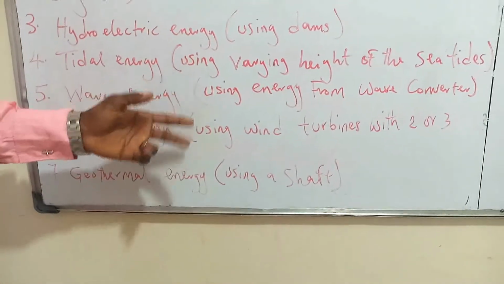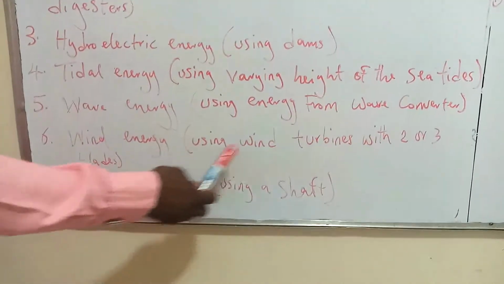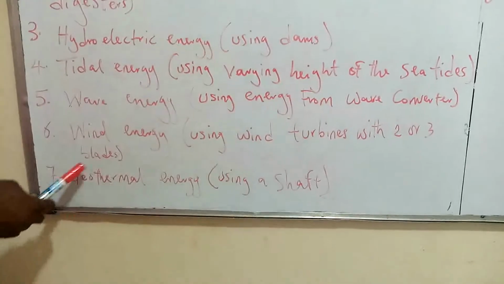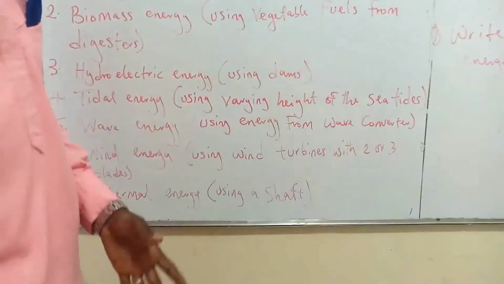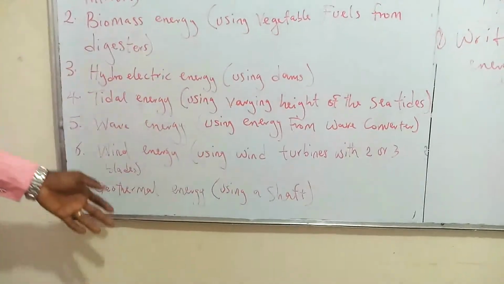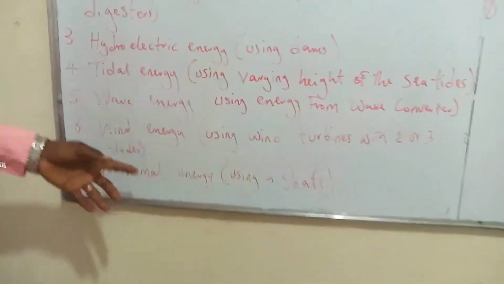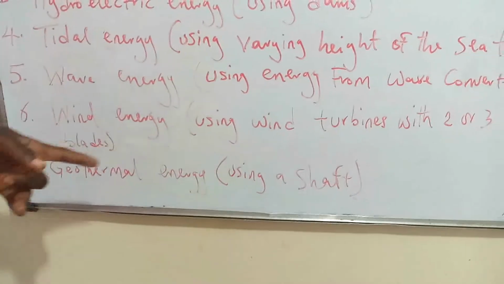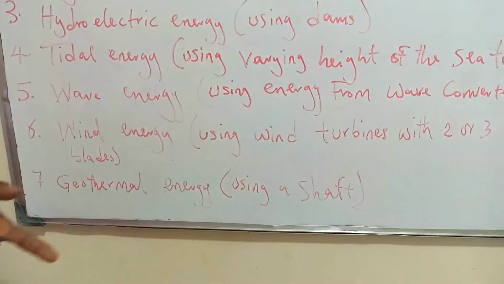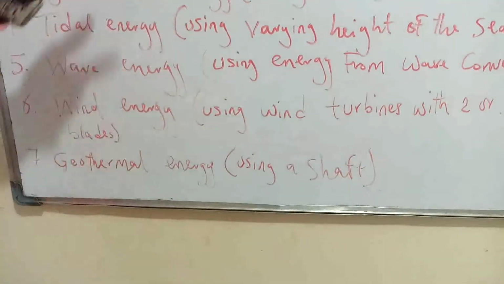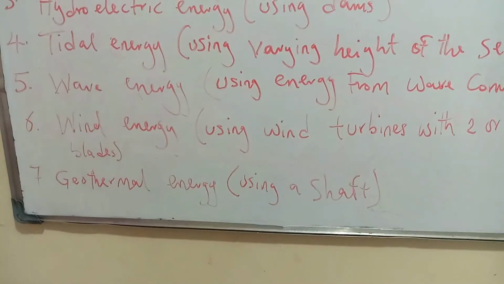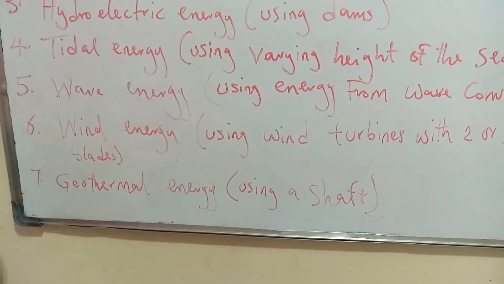It works hand in hand with the previous one, using wind turbines with 2 or 3 blades. It's what I just explained over here. You see a large pole in a building using 2 or 3 blades connected to a turbine that wheels and generates electricity, or grinds machines or wheels machines that can be used for production of other goods or products. And then number 7 here we have